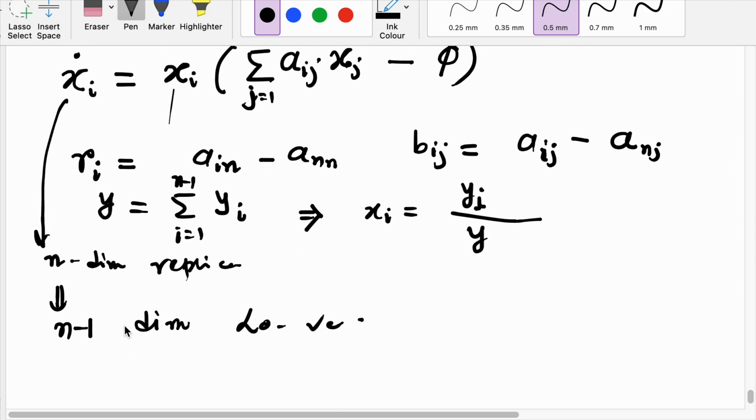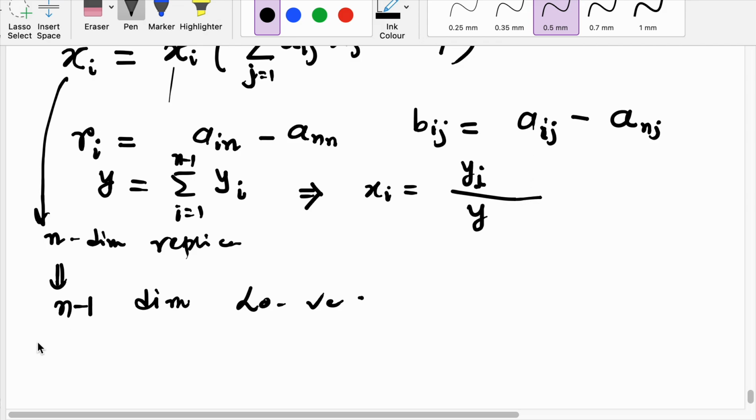And that means after this transformation your equation will be yi dot,